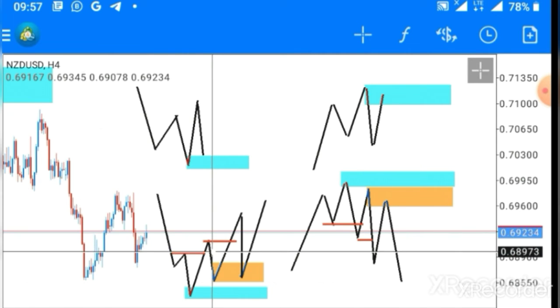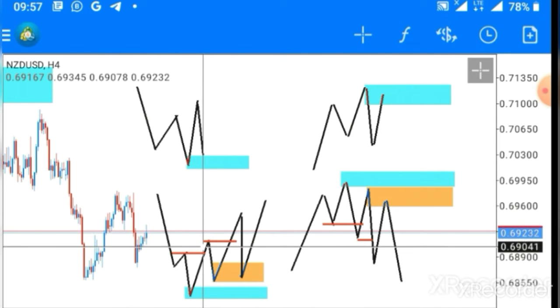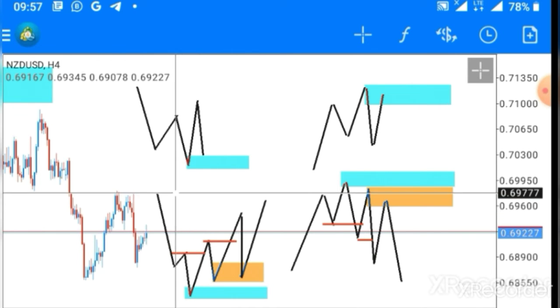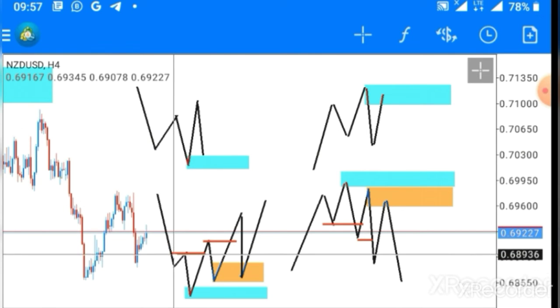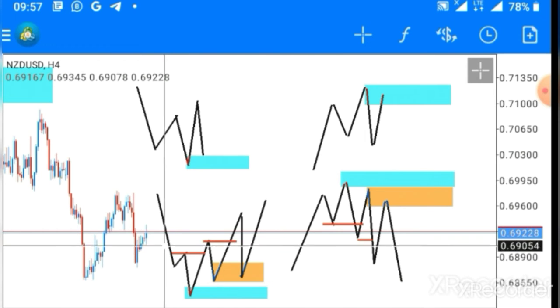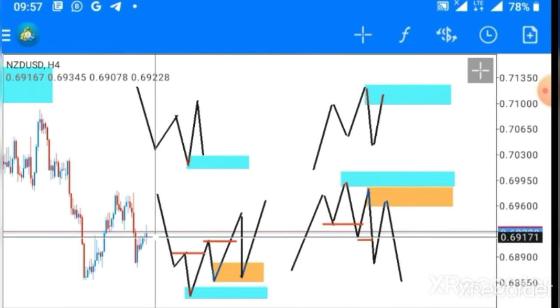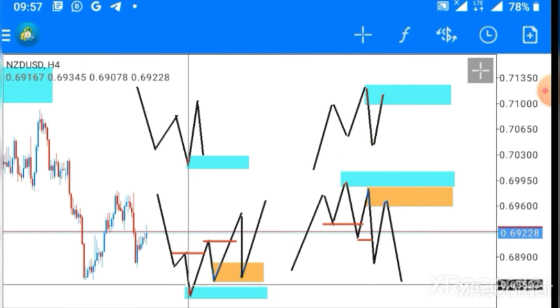Now, this lower diagram here is the M5 or M15 OB, M15 time frame, let's assume. And price begins to come down, push down, made a lower high, made a lower low. Remember, this is a downtrend. This pattern is a downtrend. And then price comes into your 4-hour OB. This light blue box is your 4-hour OB.